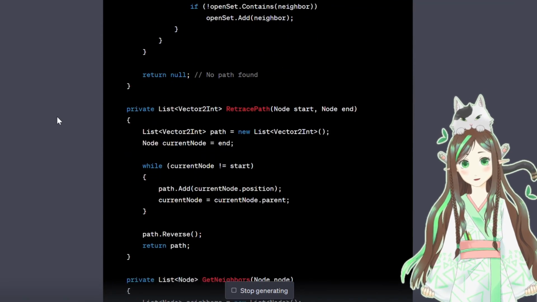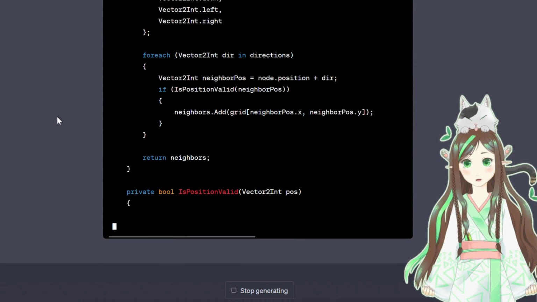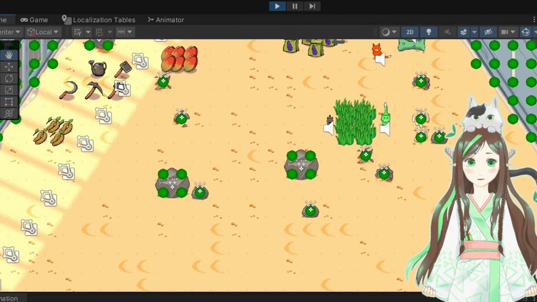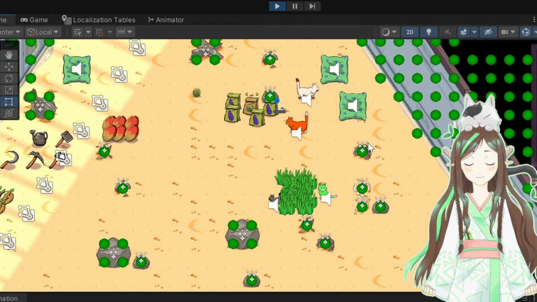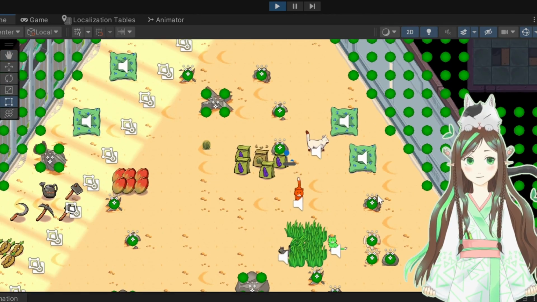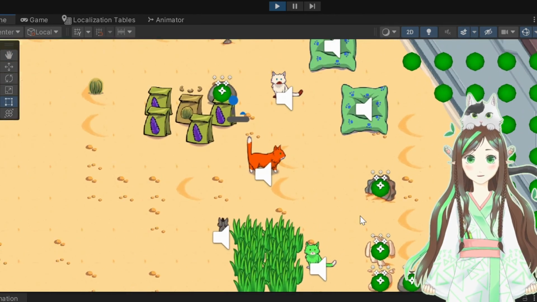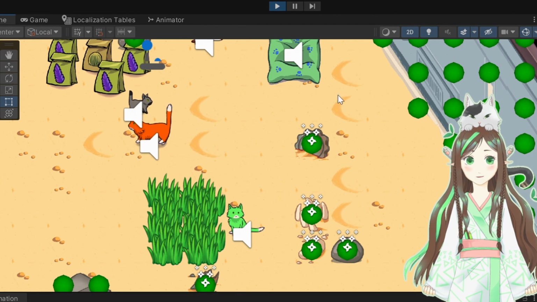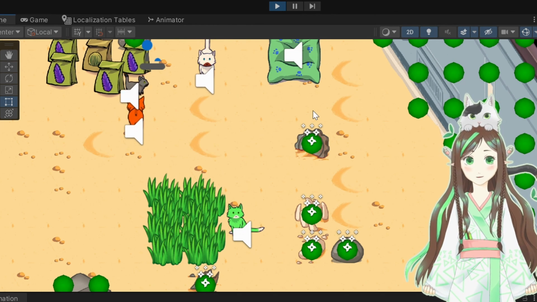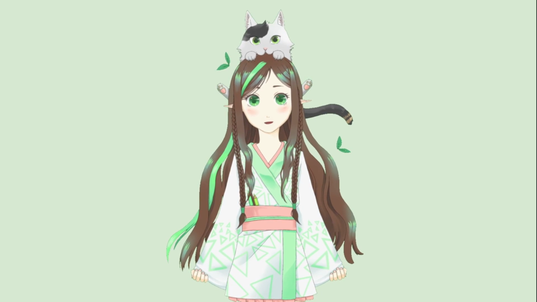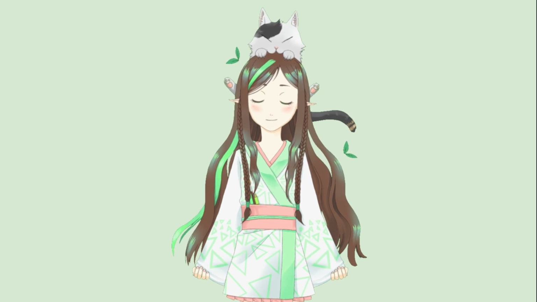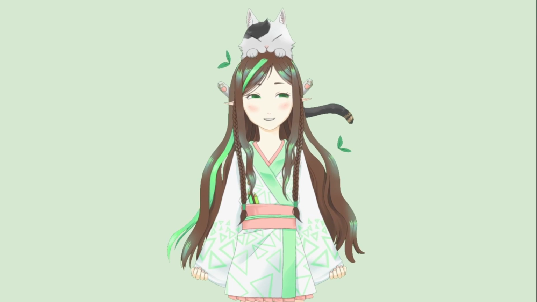So maybe my skepticism was partly misplaced, and it can be a great tool in specific cases. The resulting code will create different maps depending on animal size, and it will mark grid spaces as walkable or unwalkable. Then at runtime it finds a path to the goal tile. There are still a few things I want to improve on, but for now it does its job well enough, and the cats can reliably go on journeys to their destination.